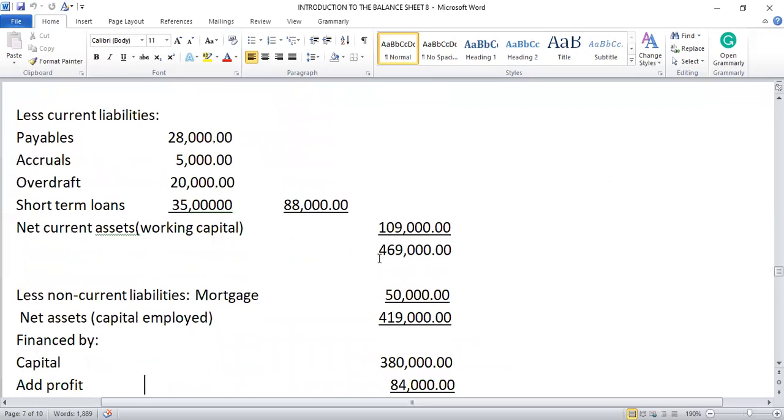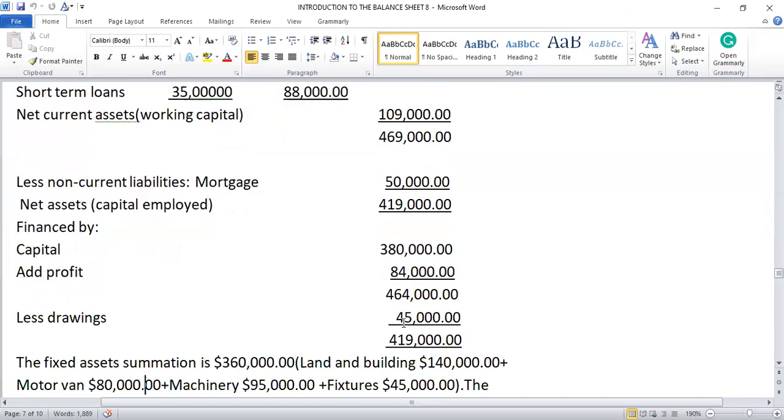You get your $469,000. You deduct the long-term liabilities or non-current liabilities, which is $50,000. You arrive at this figure. So this figure, which is $469,000, you deduct the non-current liability, $50,000. Then you get a capital employed of $419,000. It should be equal to the amount financed by the owner, which is capital,